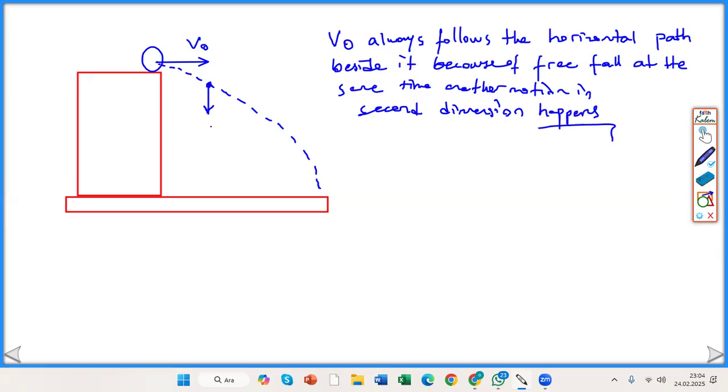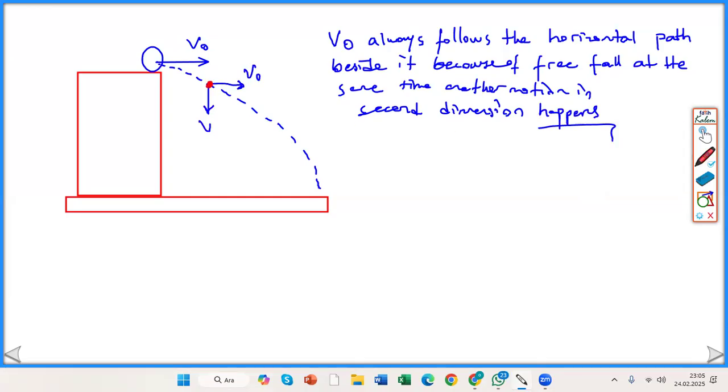On the vertical dimension, free fall starts, and on the horizontal dimension, velocity is constant. Then on the way down,